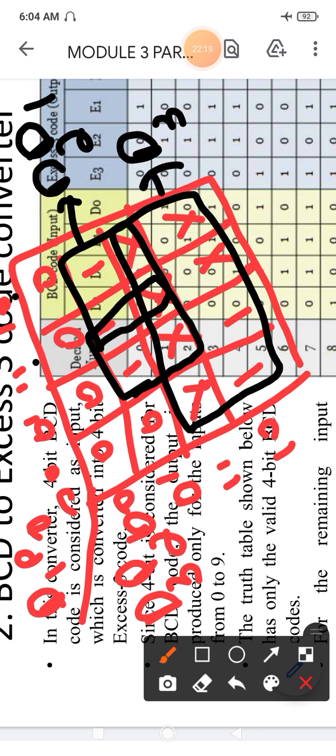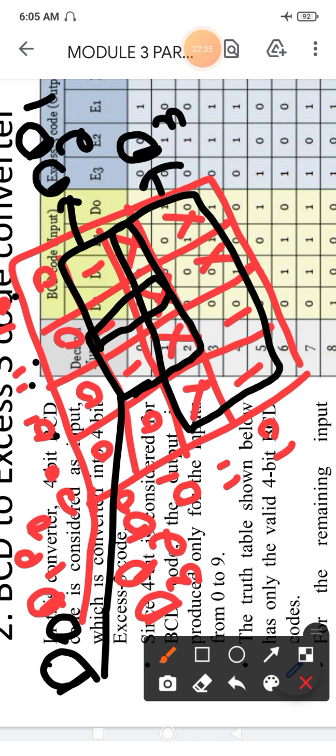D1 will be there because it is similar. And for this one you can see D1 will be cancelled because it is dissimilar. D0 will be there. So this we can represent, that is D0 and D2.